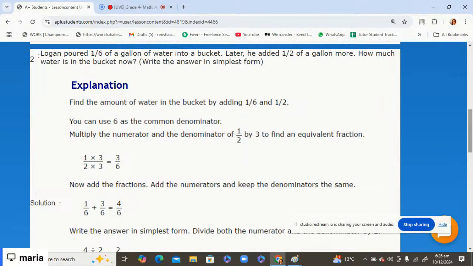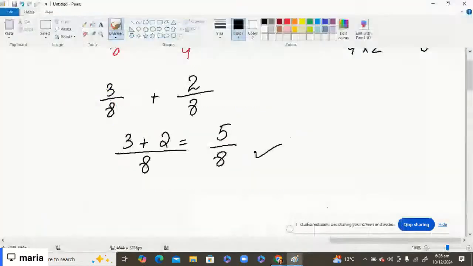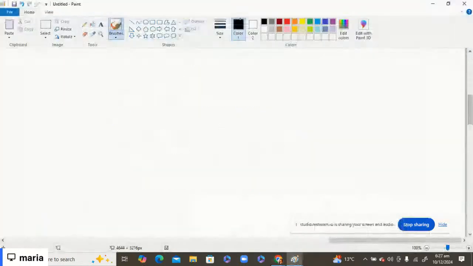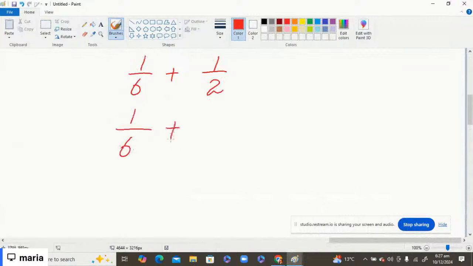1/6 and 1/2, add up. Check the greater denominator. It's 1/6 plus the smaller denominator becomes equal to the greater denominator. So 1/2 is multiplied and divided with the